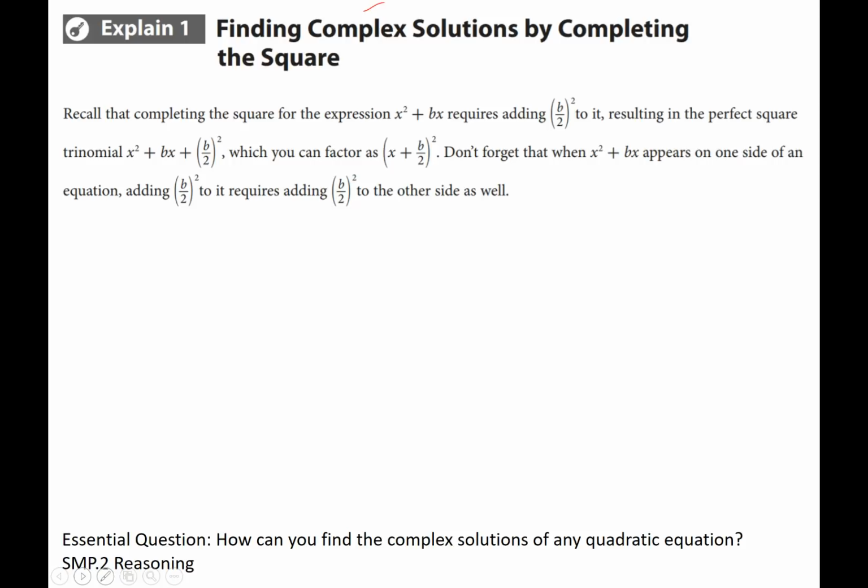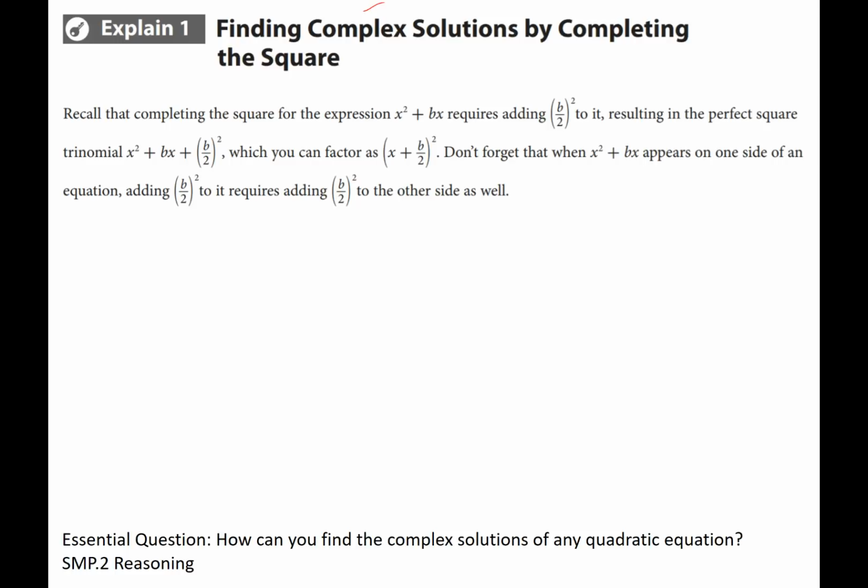So recall the completing the square for the expression x squared plus bx requires adding b over 2 squared to it, resulting in the perfect square trinomial x squared plus bx plus b over 2 squared, which factors as x plus b over 2 squared. Don't forget that when x squared plus bx appears on one side of an equation, adding b over 2 squared requires adding b over 2 squared to the other side as well. So basically what you're going to do with completing the square